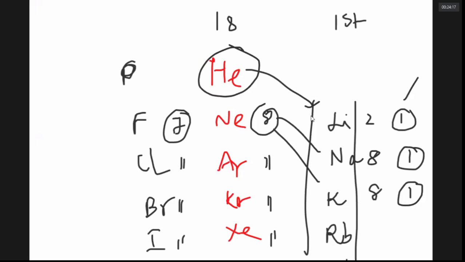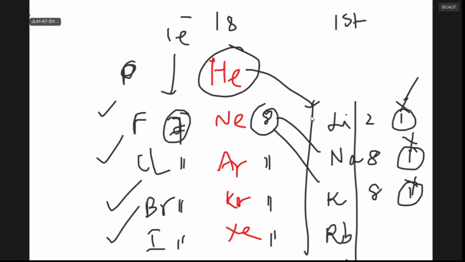So the halogens, which have 7 electrons, want to gain 1 extra electron. So fluorine gets 8 electrons, chlorine gets 8 electrons, bromine gets 8 electrons, iodine gets 8 electrons in the outer level. The first group metals try to lose the 1 extra electron so that after losing it, they get the nearest noble gas configuration.